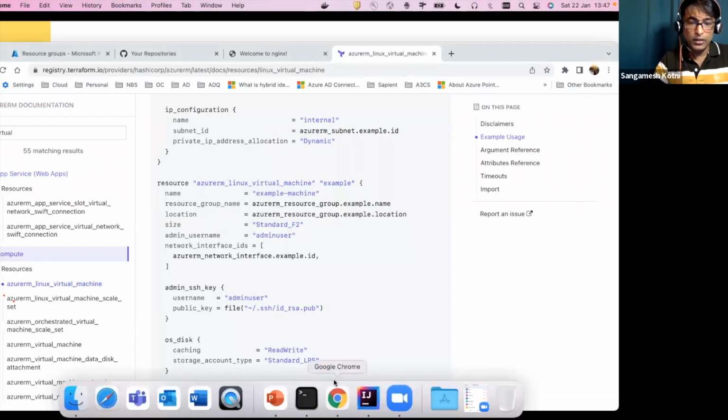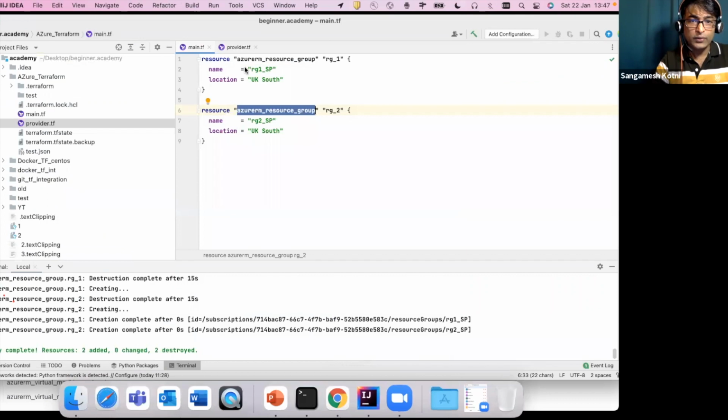See, that's the beauty of Terraform. Whatever you code, wherever you want, you can code it in your Terraform files. But internally, it finds out the dependencies first, and then it will do whichever job has to be done first. For example, let me show you the code. Why it did this was